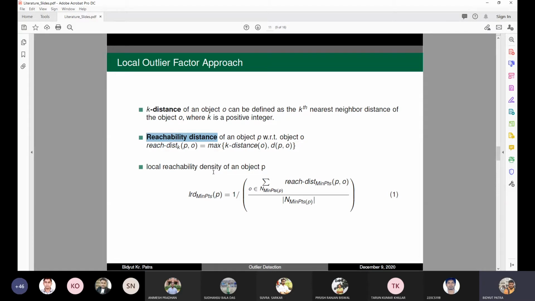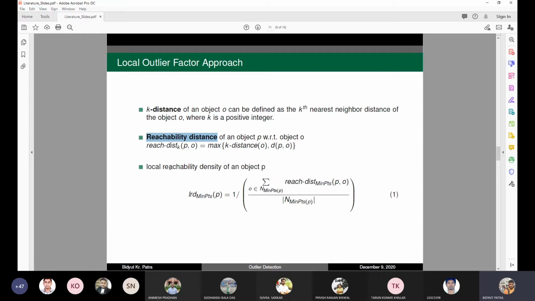So density, I think I told you in the earlier class, how do you define density? In physics we define density as D equal to m by v, mass per unit volume. Here also we count the number of points within a unit volume. Instead, we fix the volume, so we fix the radius and count only the number of points. Therefore whenever we consider density, we should compute the number of points.